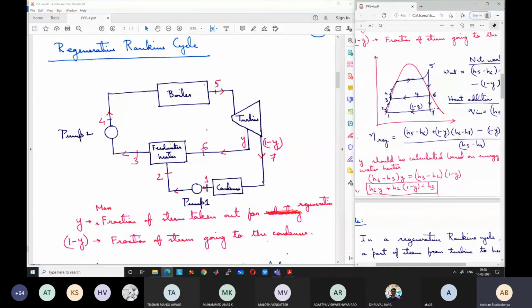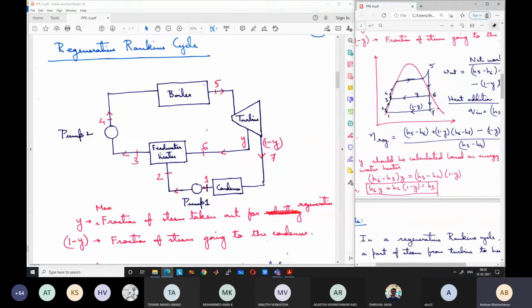Okay, so feed water heaters need not be only like mixing chambers, as we will see in the next classes. There can be other types of feed water heaters like normal heat exchangers, where the two fluid streams do not mix. Okay, one of the fluids passes through pipes or tubes, and the other fluid passes over the tubes. So a feed water heater can be like a mixing chamber as shown here, or it can be like a shell and tube heat exchanger. Okay, it can be of two types. So depending on this, we will have different types of regeneration cycles, which we will study in the next class.